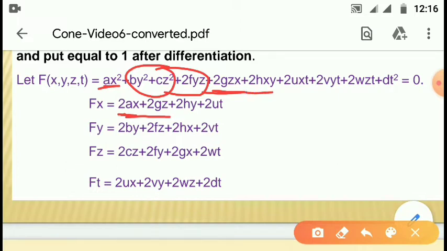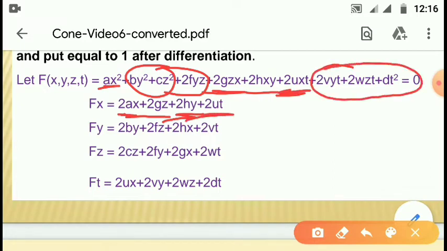and 2hy. So, 2ut, derivative of x is 1, therefore you can get 2ut, and all these terms are constants because we are differentiating with respect to x partially. Therefore the derivative of all this part is 0. So you will get this.